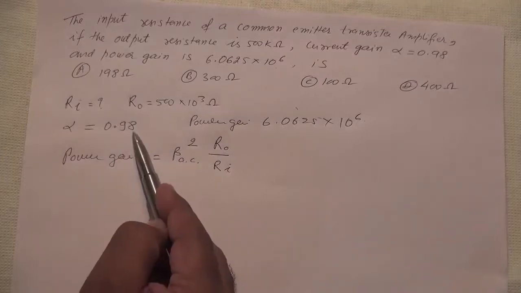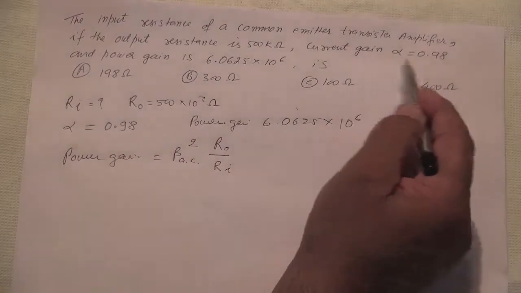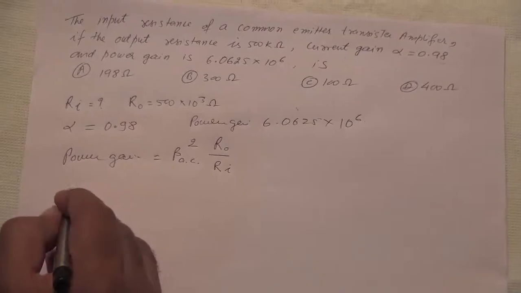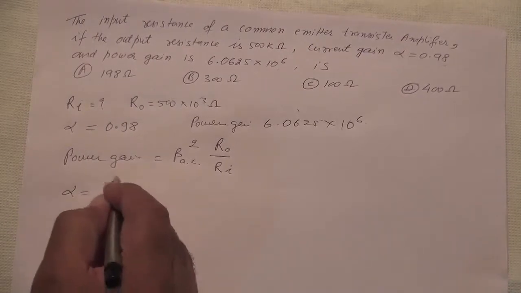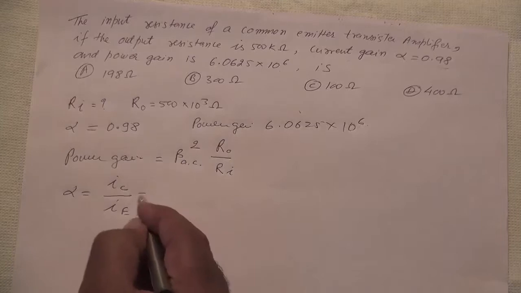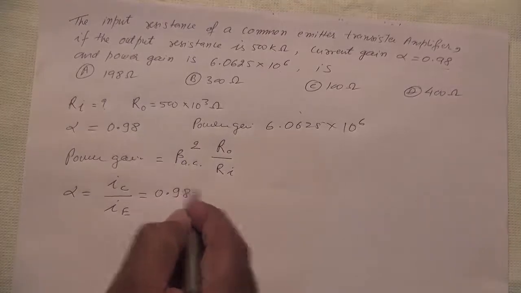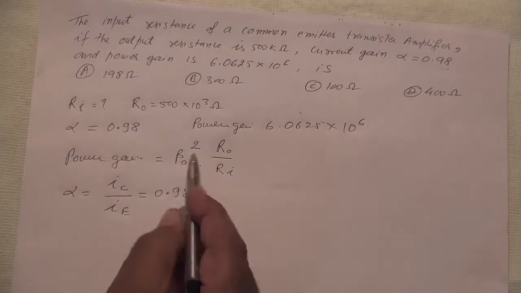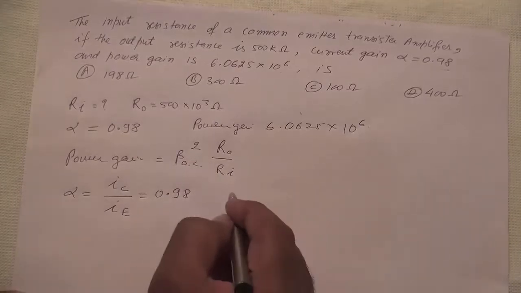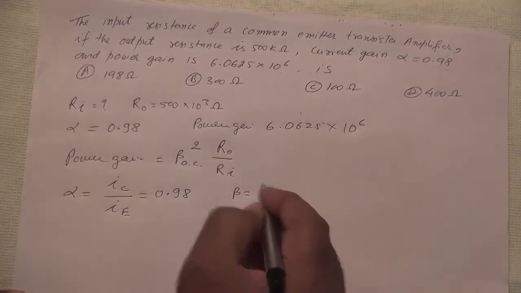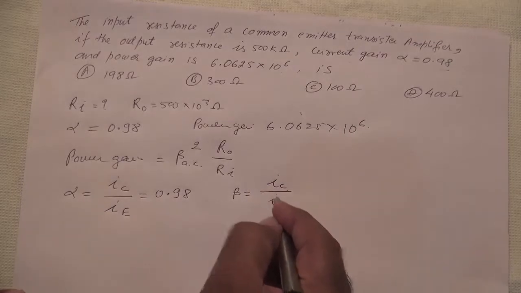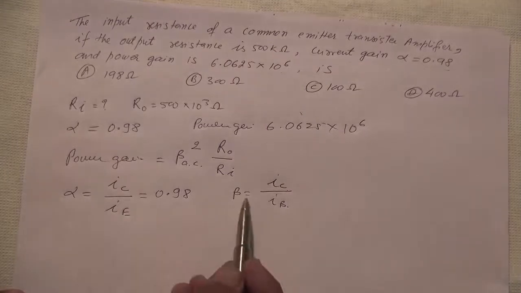तो करंट गेन हमको यहां दिया है और यहीं पर प्रॉब्लम होता है कि ये वाला जो करंट गेन है वो ये वाला करंट गेन नहीं है. करंट गेन दो तरह के होते हैं। ये जो अल्फा दिया है ये है अल्फा विच इज इक्वल टू करंट आउटपुट डिवाइडेड बाय करंट एमिटर, और इसकी वैल्यू हमको दी गई है 0.98। जबकि हमको यहां चाहिए चेंजेस इन आईसी डिवाइडेड बाय चेंजेस इन बेस करंट बीटा। सो बीटा इज इक्वल टू चेंजेस इन आईसी डिवाइडेड बाय चेंजेस इन आईबी, ये हमें चाहिए।